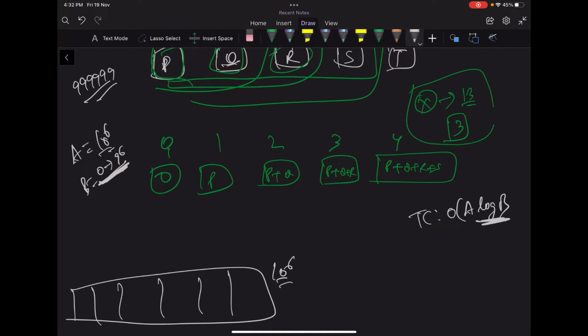So that's why we can store the count of all these different product values using an array of size 10 to the power 6, right? That will change our time complexity to just 10 to the power 6, and then O of n for all the different queries, right? And what about the space complexity? It would again be 10 to the power 6, because this is the only extra space that we will be using, right? Now let's look at how we will implement this using code.